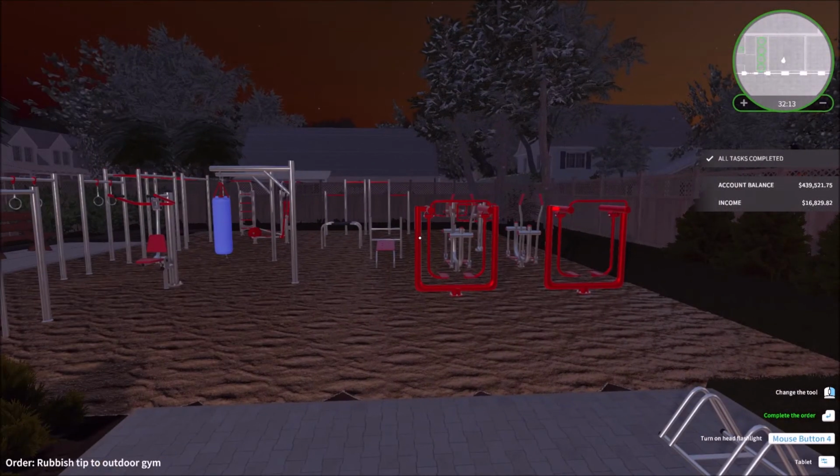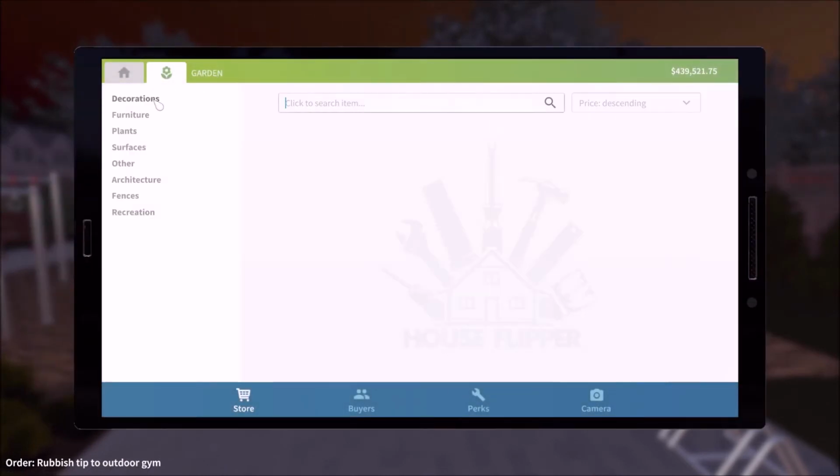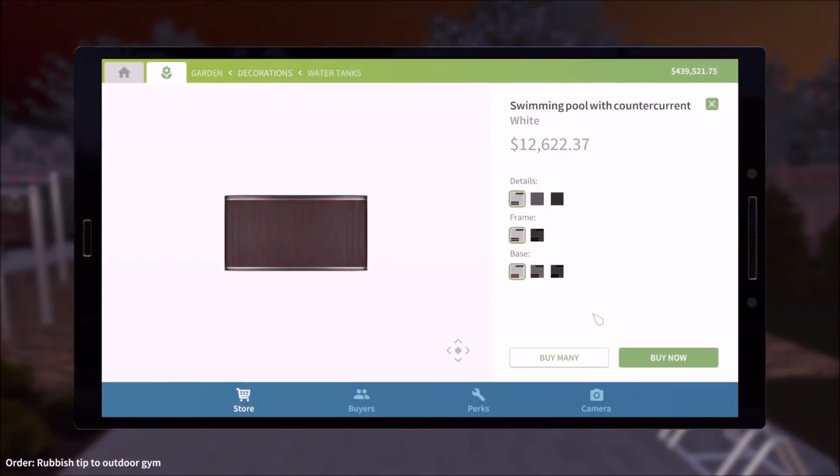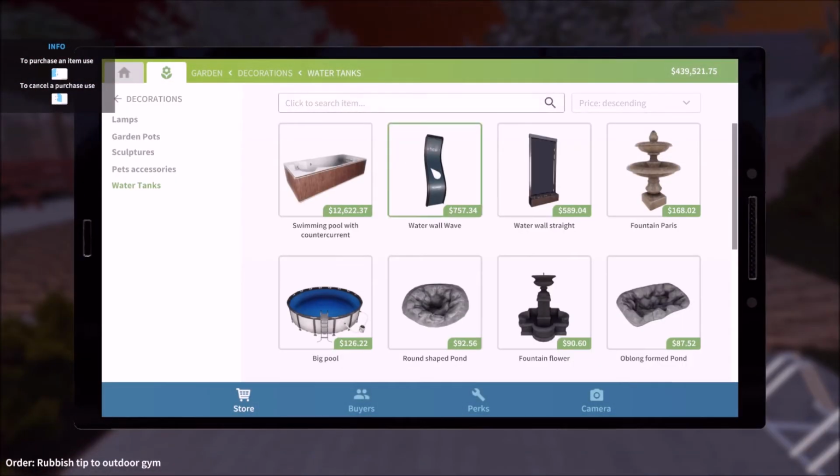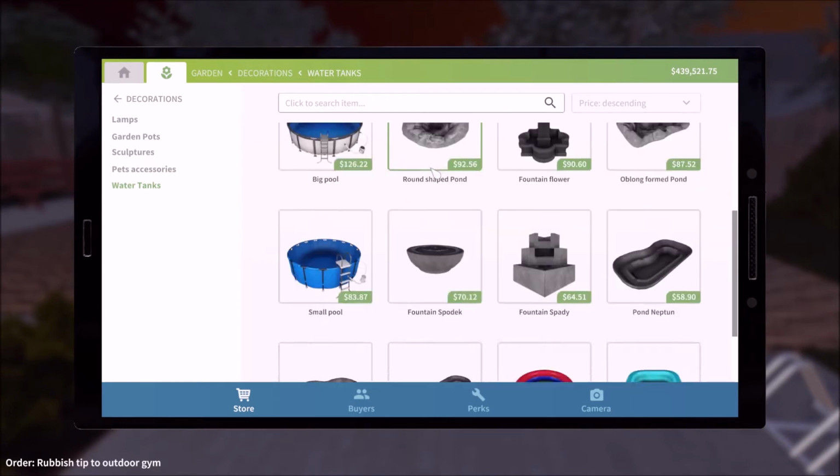What I'm going to do to wrap up this video is just go through the catalog of all the items that are available in this DLC. Now, there is so many, so I'm not going to go slowly, and I'm not going to show you every single one what it looks like when you place it, but I will go through the entire catalog